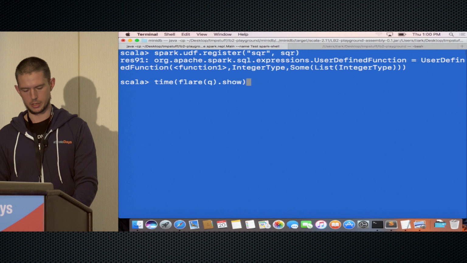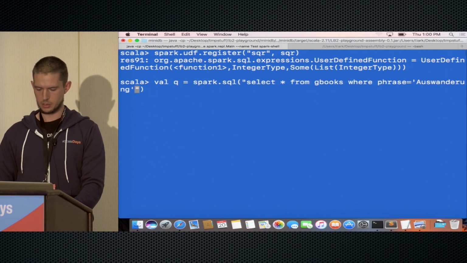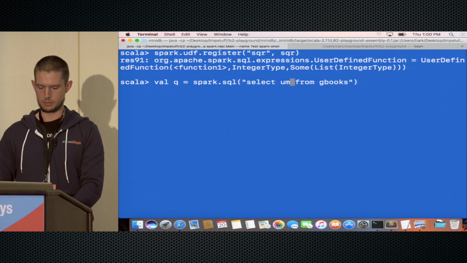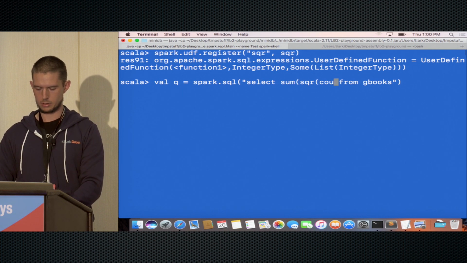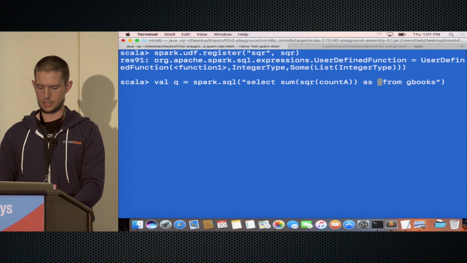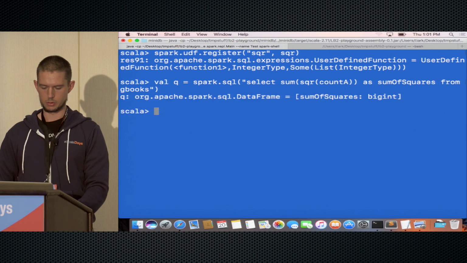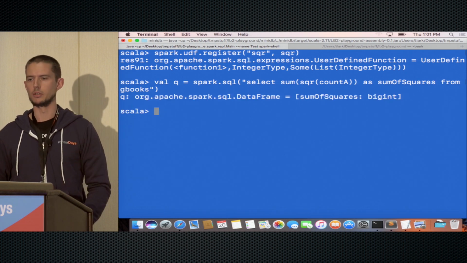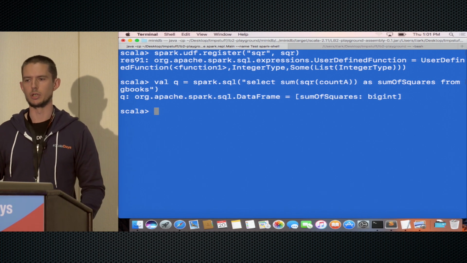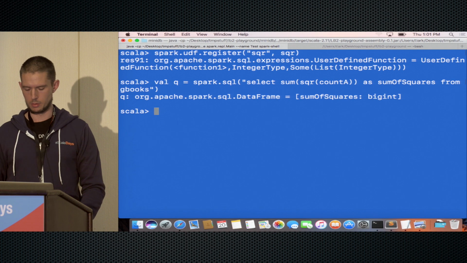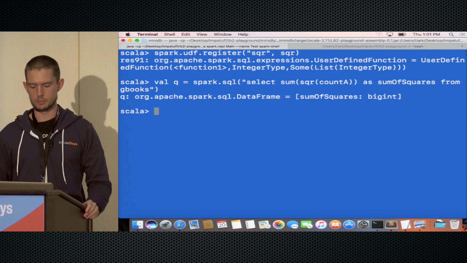Then you could remove the where clause and do sum of square of count A as sum of squares from gbog. So this would be one way of using a normal Scala function as part of a SQL query on top of Spark. I don't want to run this because it will take another minute, but basically what we